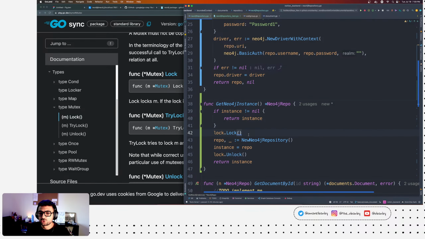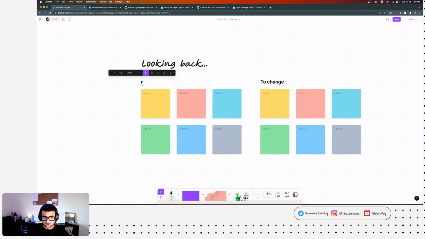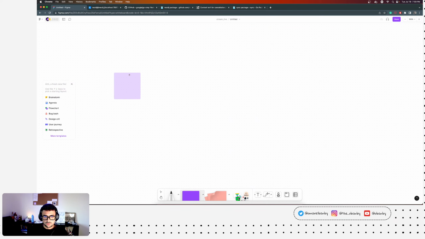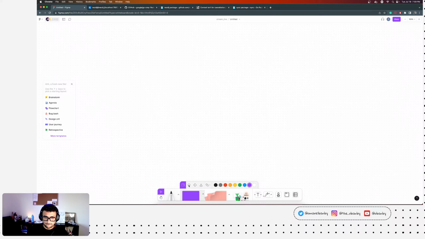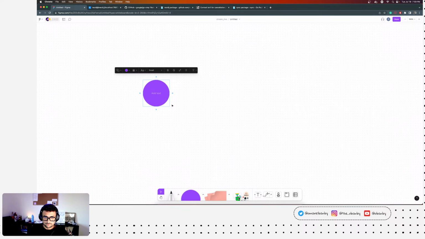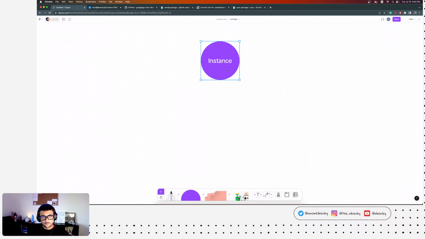Right, because again, we just saw that if we reorder the locking, it works. So what I'm trying to understand, well, actually, you know what? This would be a perfect thing to model here. So we can do, give me a circle. So in instance, let's try to think about that. Right?